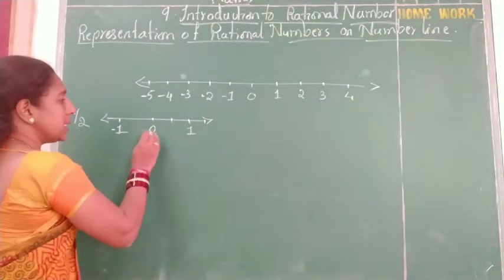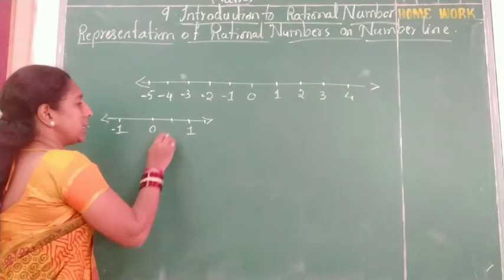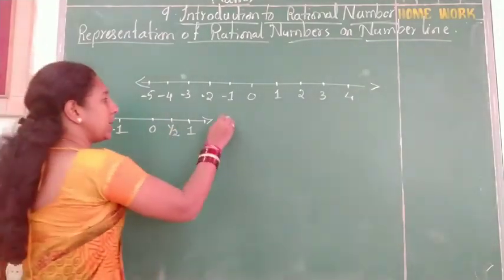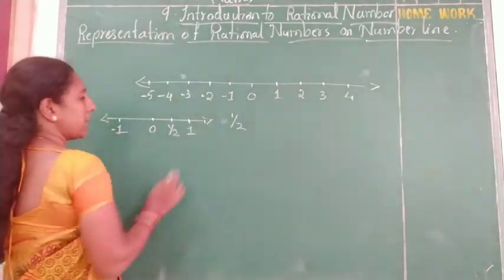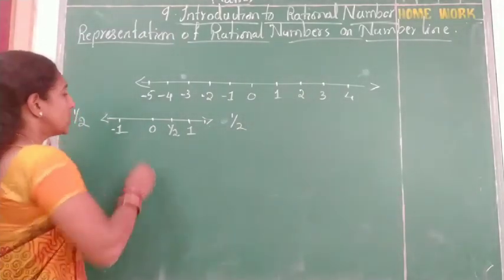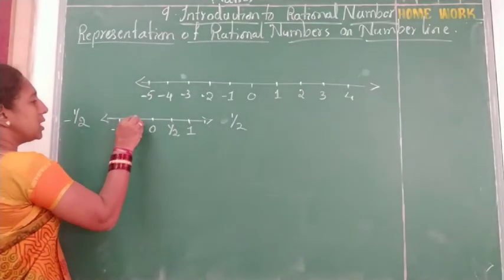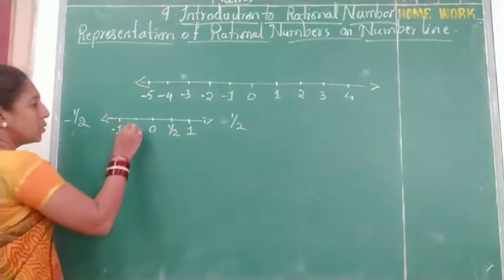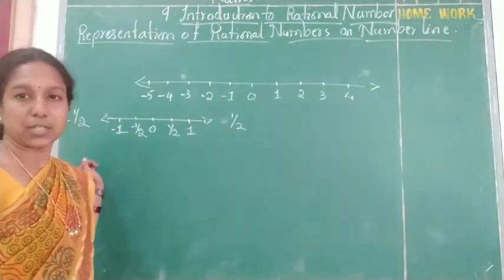Okay, so this is on the positive side of the 0. What does this represent? It is representing 1 by 2. If I want to represent -1 by 2, then what will come? What do I have to do? I have to move to the left hand side of the 0. So here it will come, 0 to -1. Here I am dividing, 2 is there in the denominator, so 1 point. So that is -1 by 2. This will be the rational number.